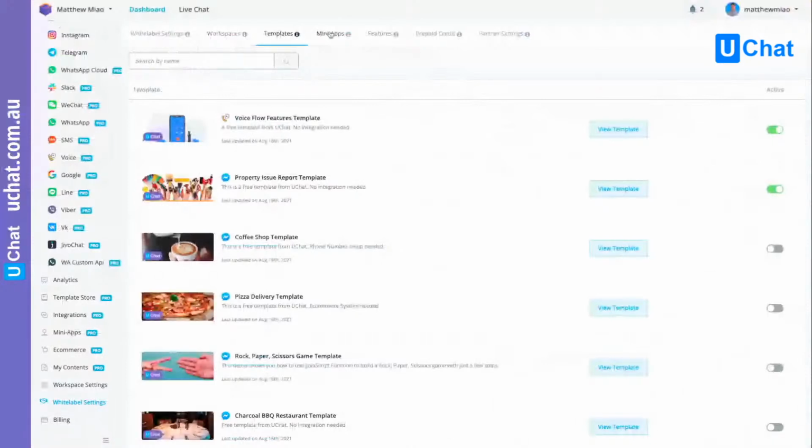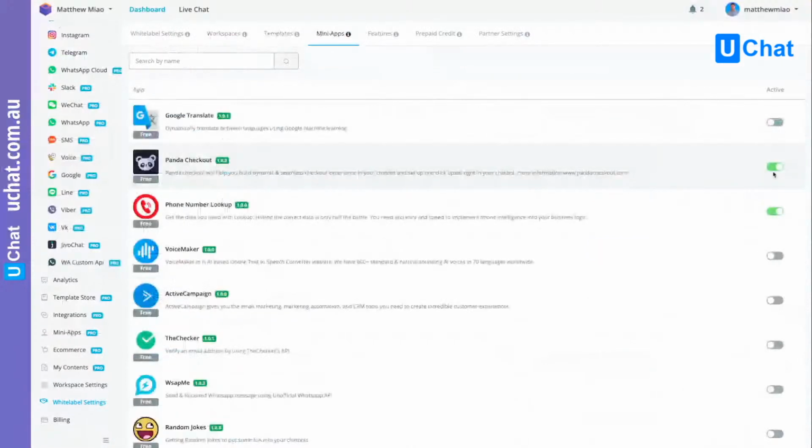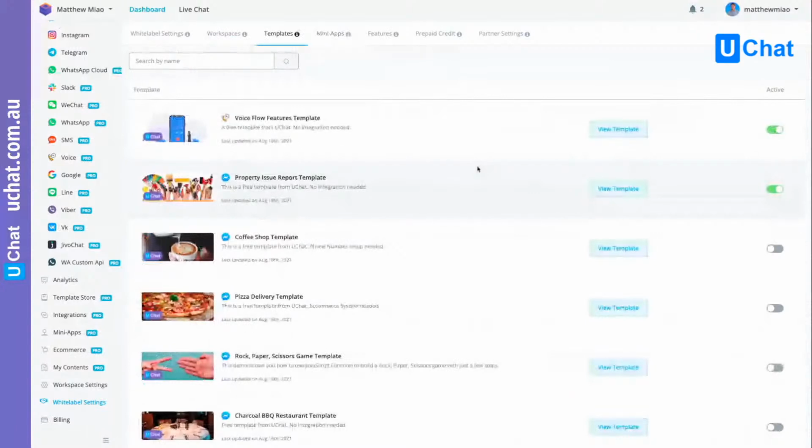Basically, you can see you can turn on or off different mini apps or different templates so that you have the flexibilities not only to hide these mini apps and the templates, you can select the templates you want to show up in your custom domain, and also you can select the mini apps you want to show up in